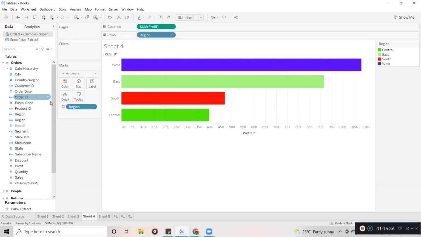Once you click on it, you can see row ID, but it is still disabled, not enabled. After clicking show hidden fields, you cannot directly use this field in your visualization.